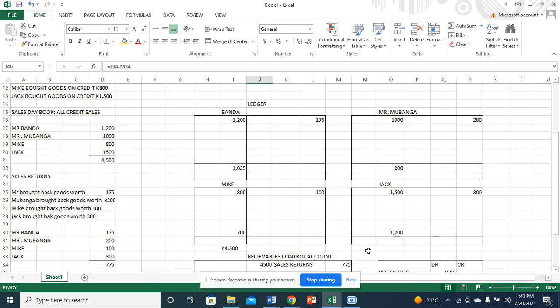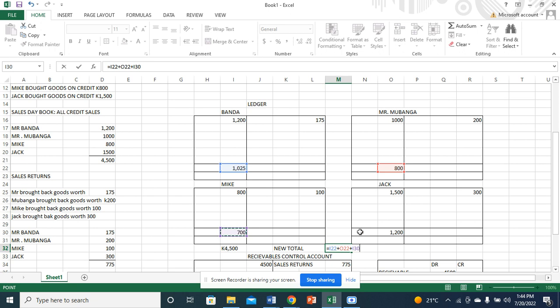So we'll say new total in ledger. This was the old total, 4,500. Now the new total, you're going to say 1,025. Banda is now owing us 1,025 because he returned goods worth 175. Plus, Mr. Mubanga is now owing us 800 because he returned goods worth 200. Plus, Mike is owing us 700 because he returned goods worth